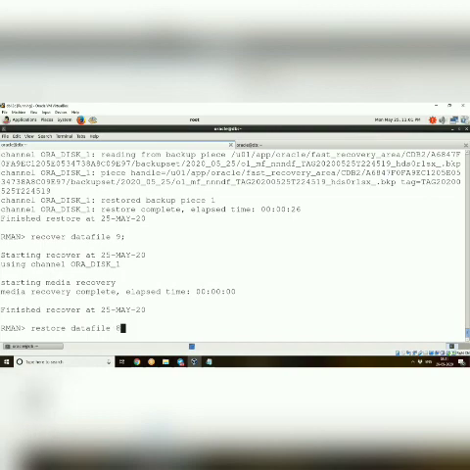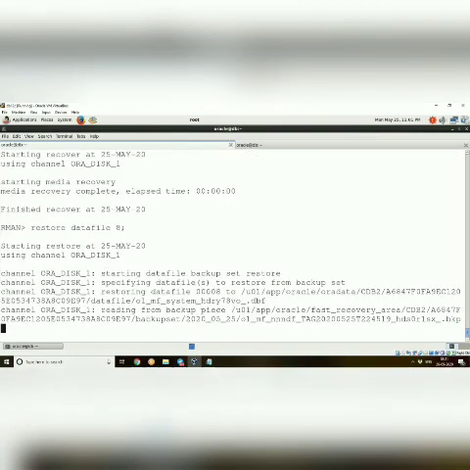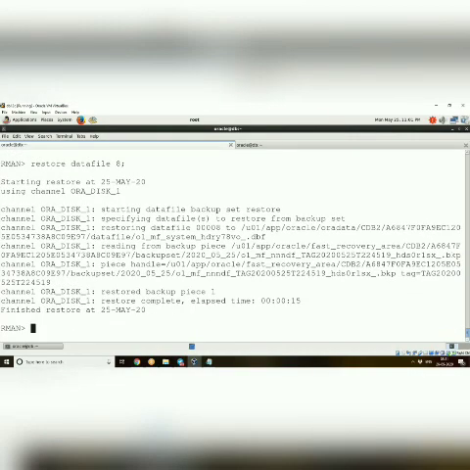So everything we have to work through, then only we'll get an idea. So restore is complete. Now recover data file 8. So now this is complete.